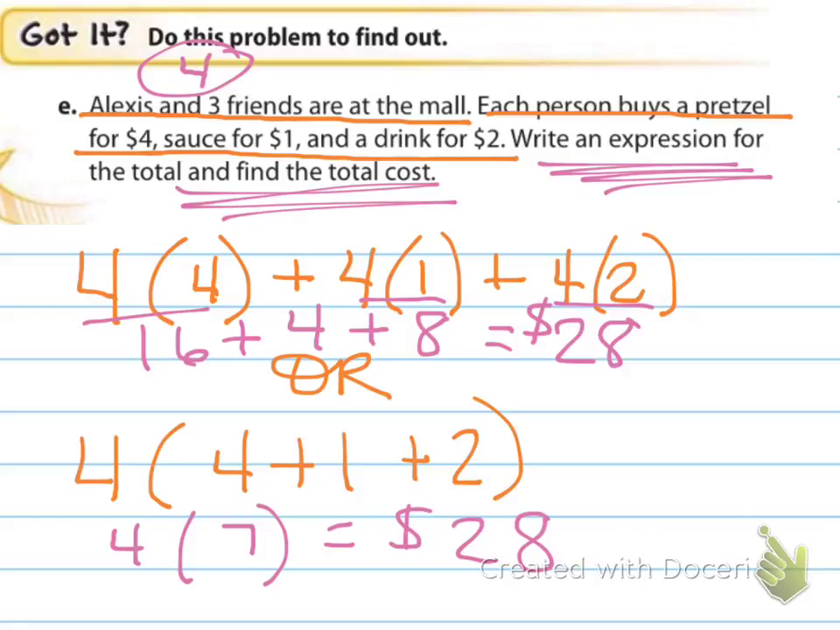Now another way that you could have written it, which would also be correct, is if you said, okay, there's 4 people, and each of them are paying 4 plus 1 plus 2. And so 4 times, and in parentheses, 4 plus 1 plus 2, and when you add that, you get 7, because we do parentheses first, and then we do 4 times 7. So each person spent $7. In total, it was $28. So either way. All right, and that ends our section